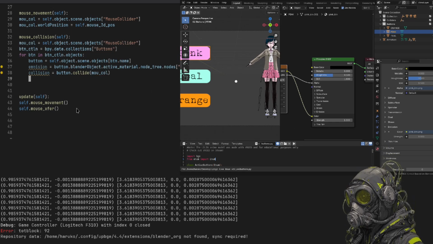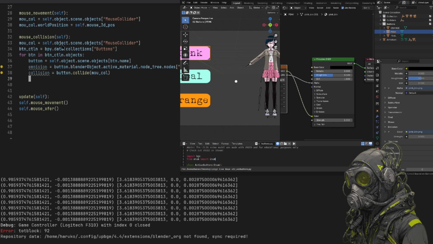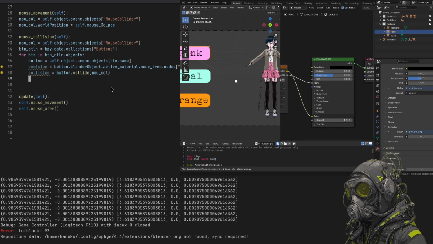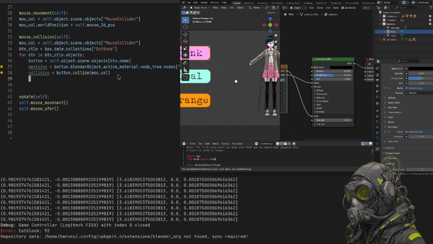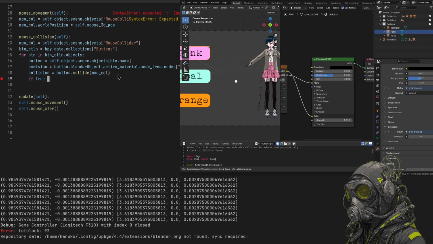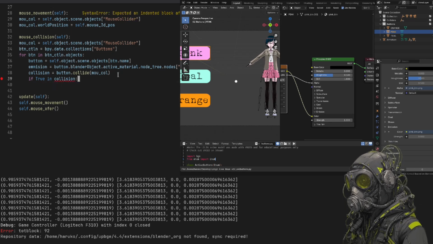And then we need to do our if statement. This returns a boolean as to whether the mouse variable hits the button variable in this for loop. So we'll do if true, it's a boolean, so it's either going to be true or false. If true in collision,